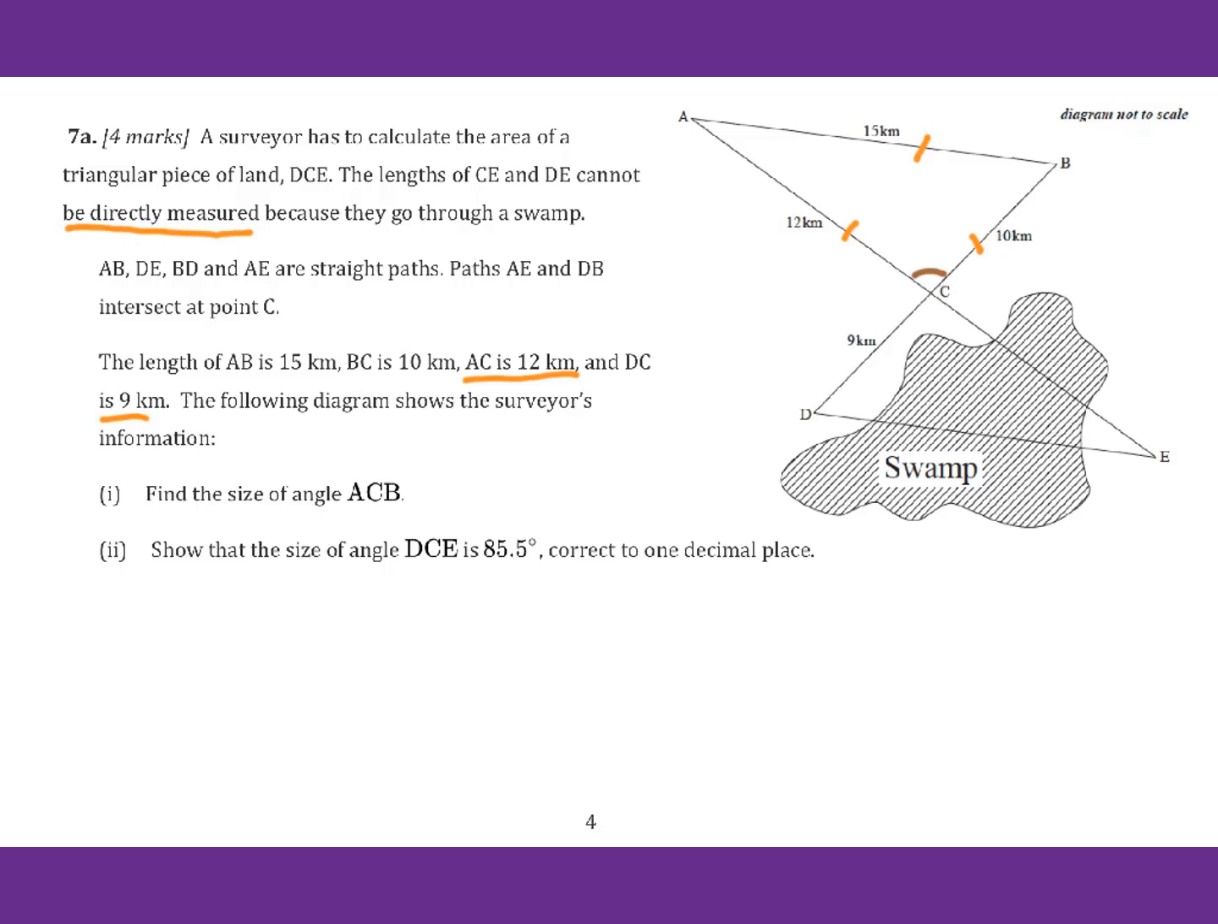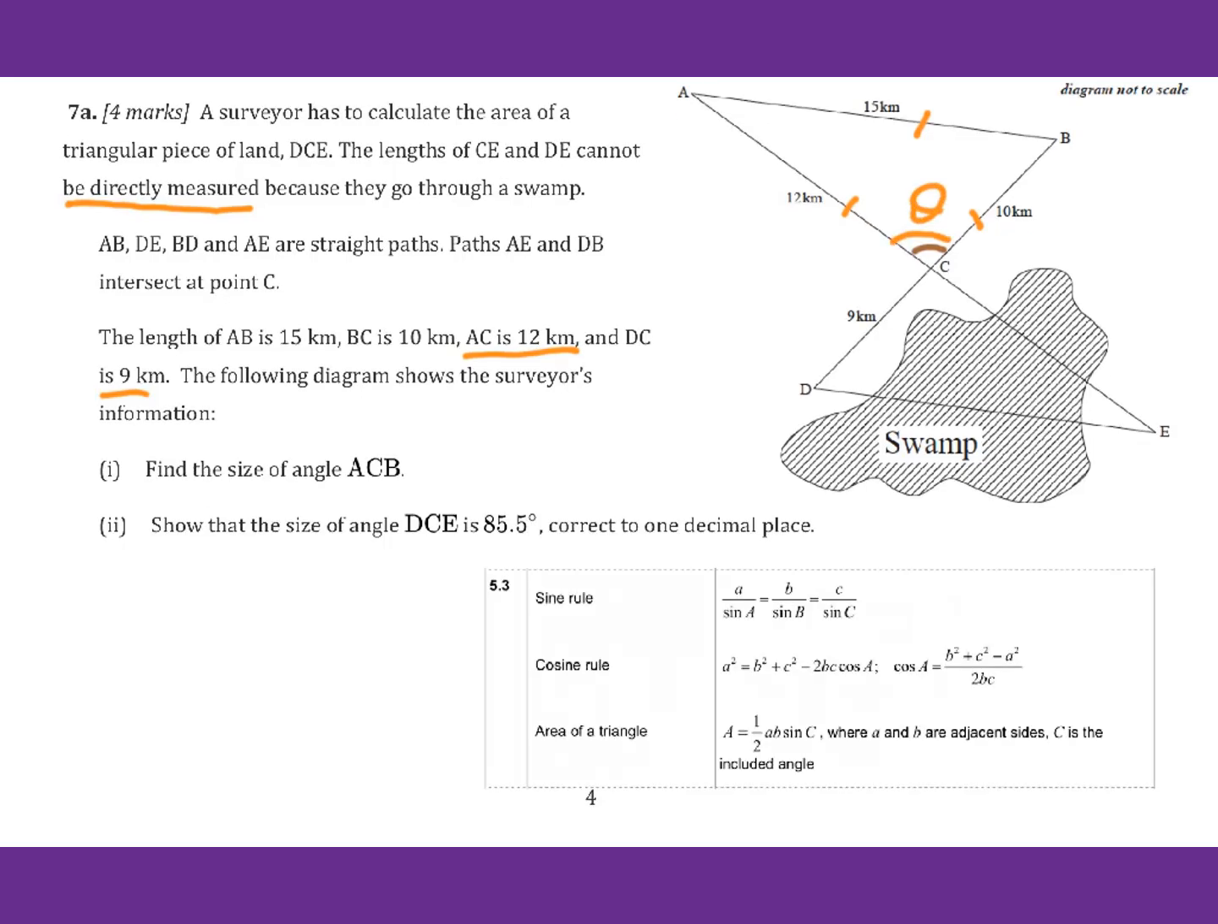Find the size of angle ACB. So we put this as theta. Since you are given 3 sides, then look for the angle. We've got to use the cosine law. For cosine law, remember A and cosine A are corresponding side and angle. So we have cosine theta equals